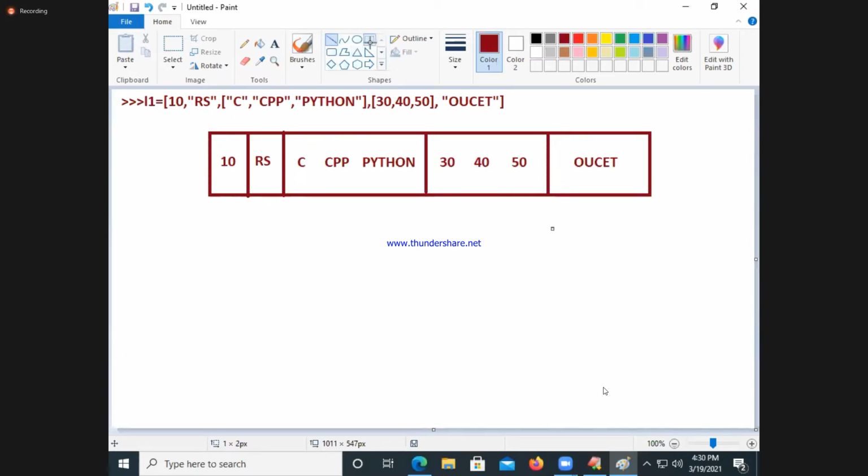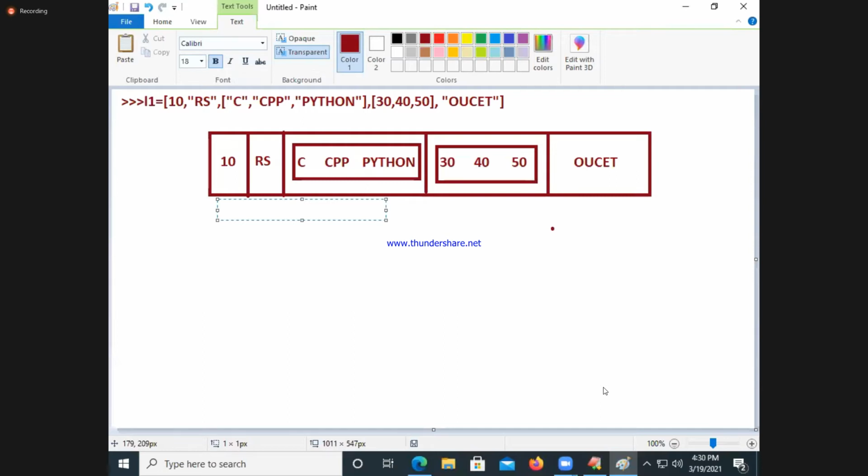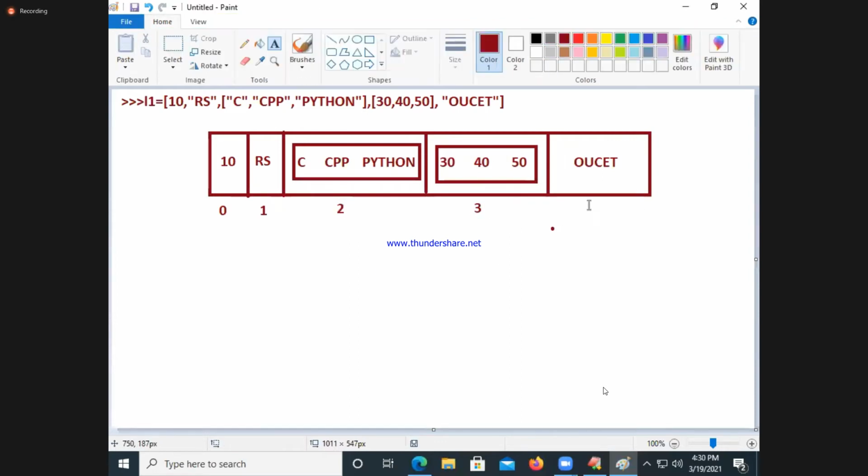Now I will write this again in this format. Just try to understand. I will give both indexes. Follow this. What is the index? 0. Next is 1. And this one? 2. What is this? 3. And about this? 4. Good. And for this, internally, we have some more partitions. You already know this part, right?